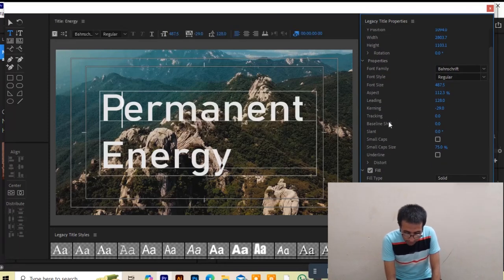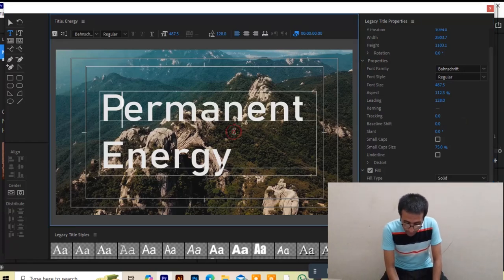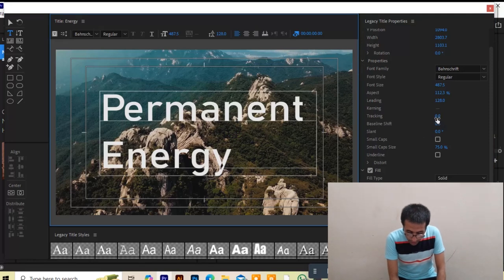Tracking will increase. Tracking will affect all the letters. It will affect the text overall. It is going to change the space between the letters overall. So tracking will... Let's suppose we are on this title, and when we click on the tracking,